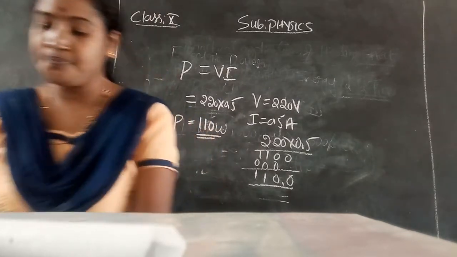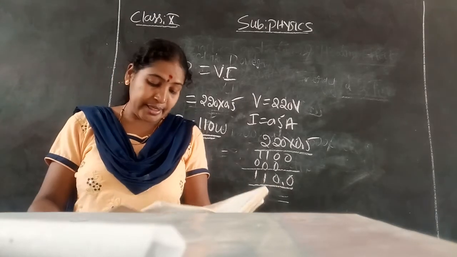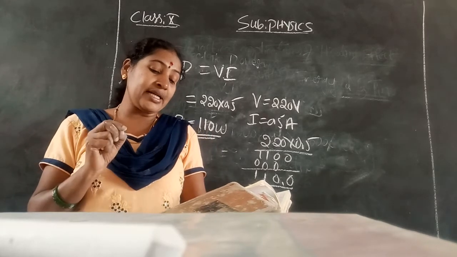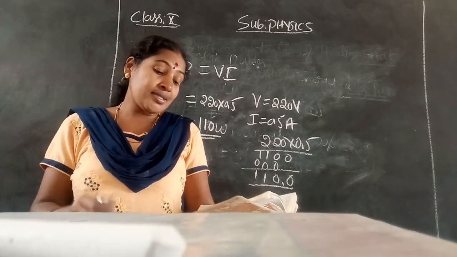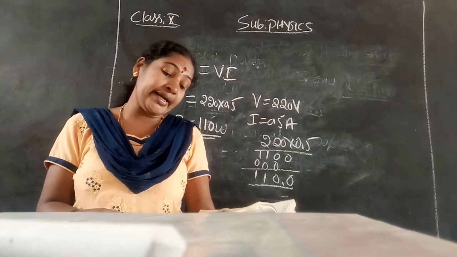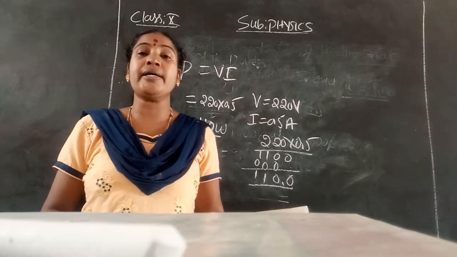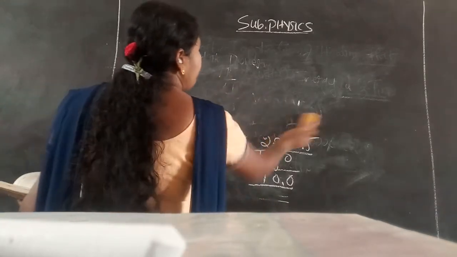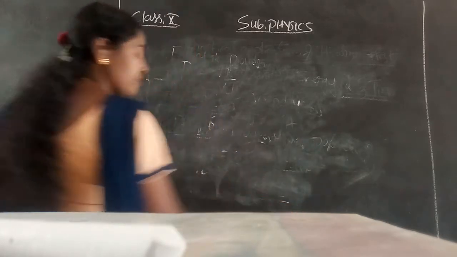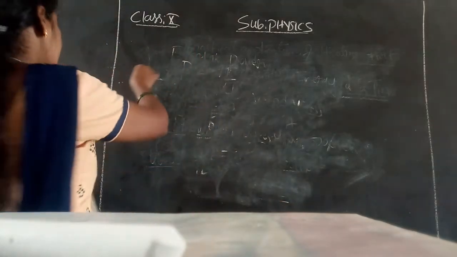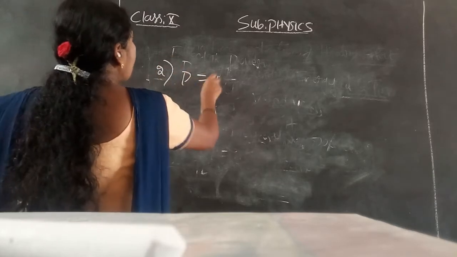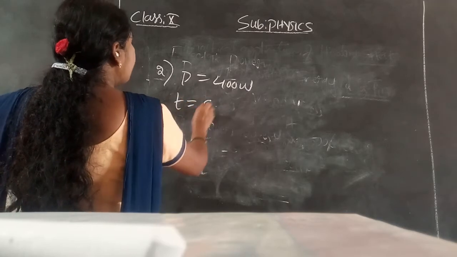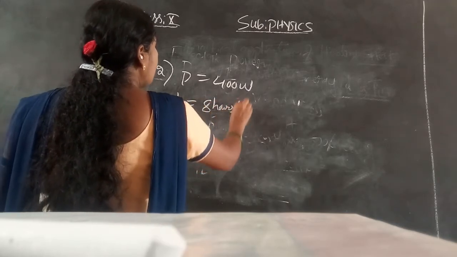Let us solve another example question, example number 12.13. Let me read the question. An electric refrigerator rated 400 watt operates 8 hours per day. What is the cost of energy to operate it for 30 days at rupees 3 per kilowatt hour? Shall we solve this question? Carefully try to understand the second example question. The power given is 400 watt and the time given is 8 hours per day.